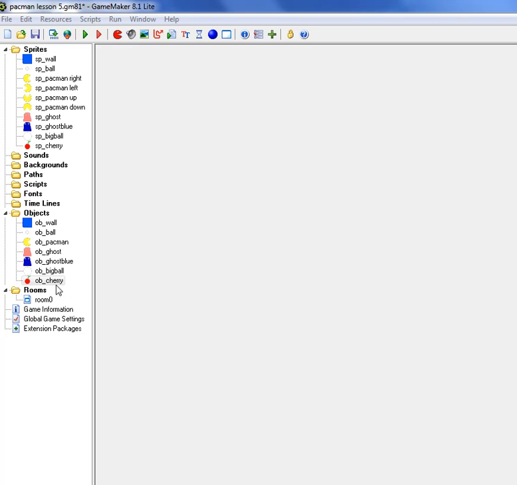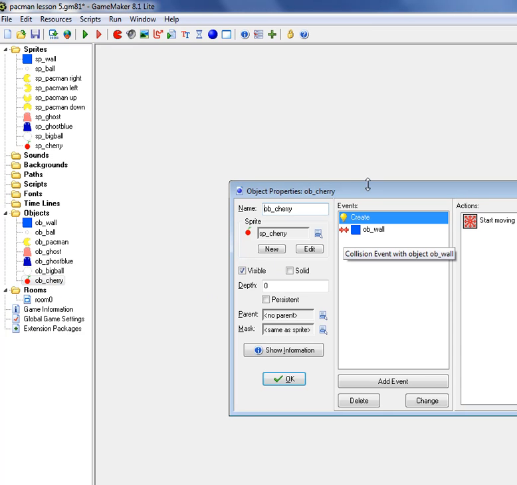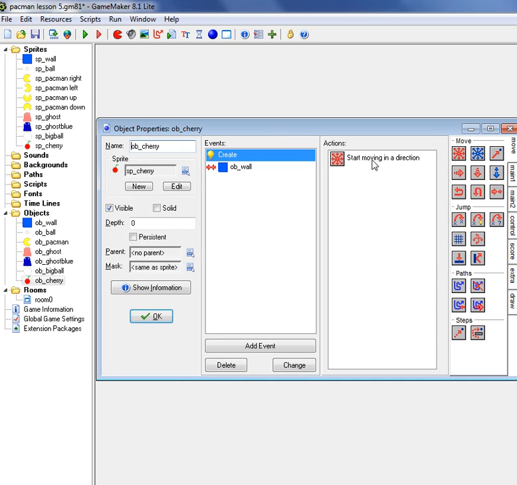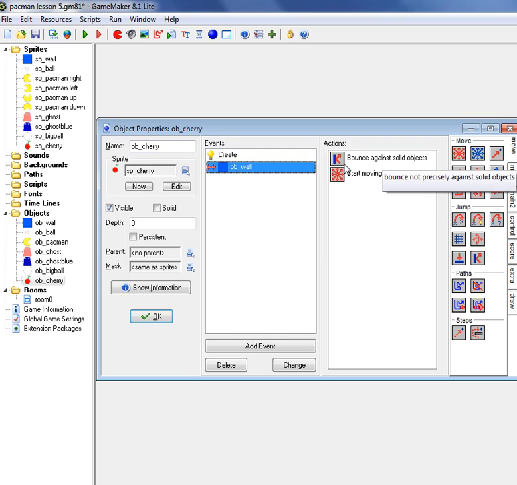So we're nearing the end. We have the cherry that, if created, will move in the direction, and then it'll hit off the wall as well, and it'll bounce off the wall. Now, what we need to do is we don't want the cherry to just start there. We want it to randomly appear, okay? And so what we're going to do